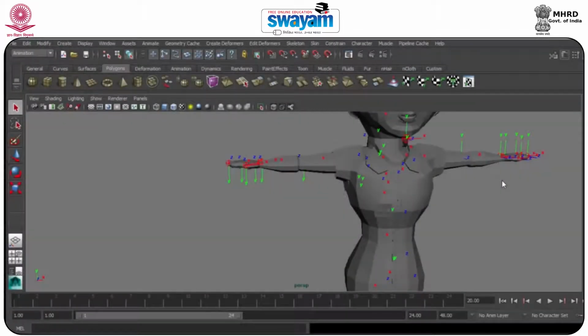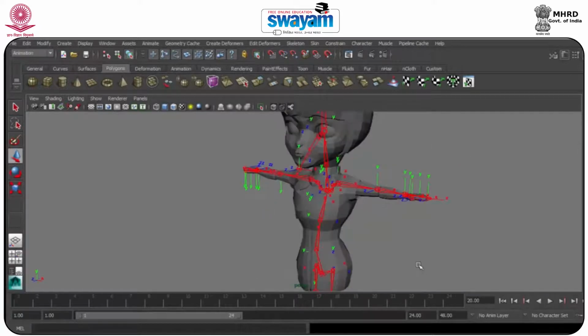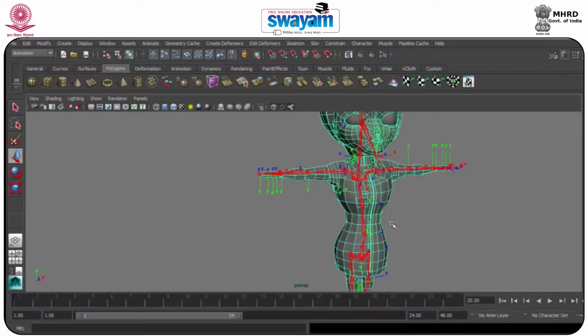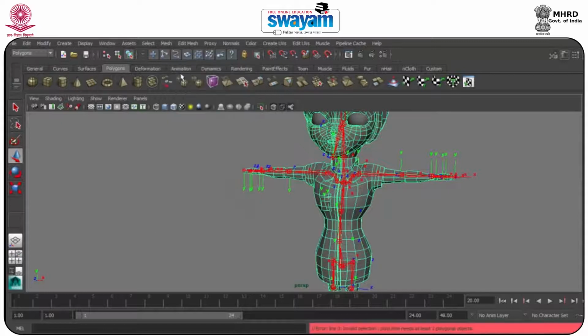Hello everyone, in this session we will look at how we can generate the proxy model and how we can add these bones in that particular proxy. So let's continue. Before adding proxy, at first we will select this thing and make sure that it's all combined in a single model. So I will press combine again.